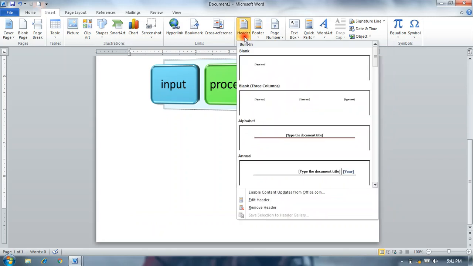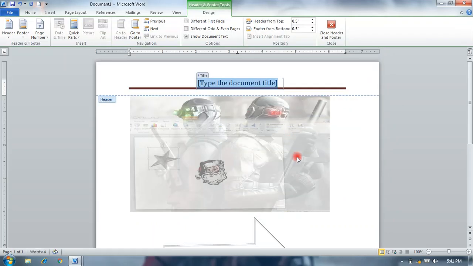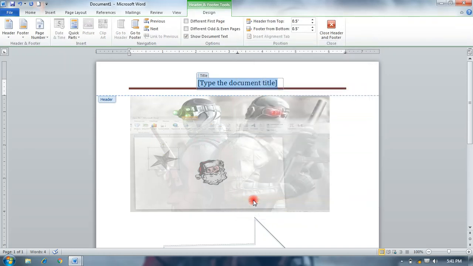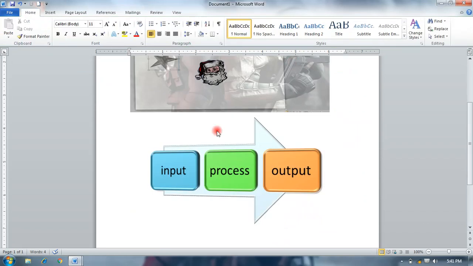If you want to edit your header, click here and you can edit your header options. Like that, in footer the same process is applied.